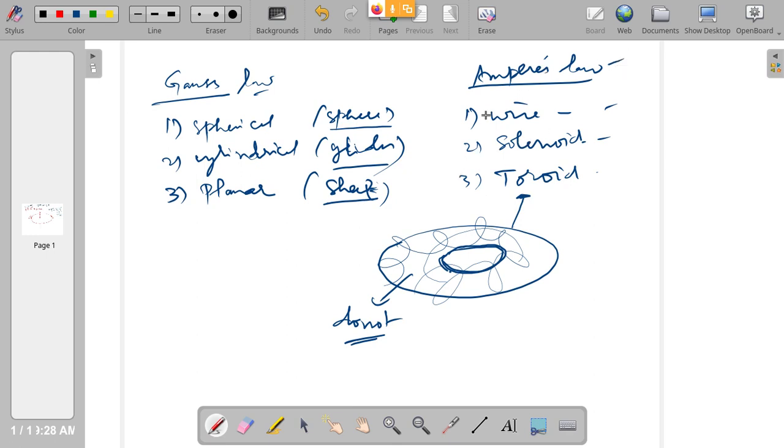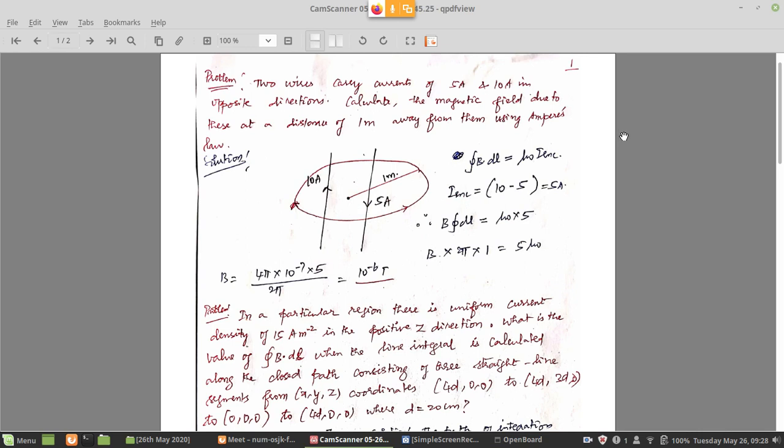From tomorrow, and the day after also, we can do some applications of Ampere's law for different possibilities, and we will derive the magnetic field due to a toroid also. Solenoid we already derived using the Biot-Savart law. Now we will try to do it with Ampere's law. Then we will do the toroid also. Maybe today I will stop here. Tomorrow we will do some more basic problems on Ampere's law, and then proceed to some of these derivations. Okay, I will stop here today.